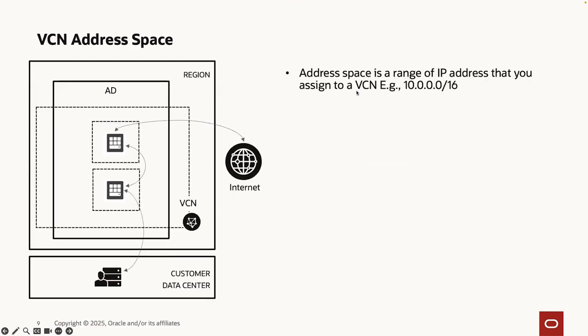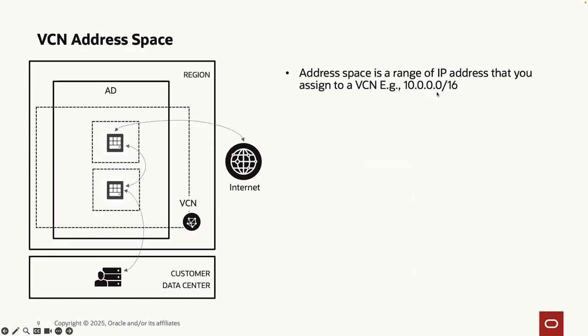The first thing you do when creating a VCN is give it an address space. So a VCN can cover one or more IPv4 CIDR blocks of your choice. However, you can also enable IPv6 either upon creation or you can enable it on an existing IPv4 only VCN. And you can see here